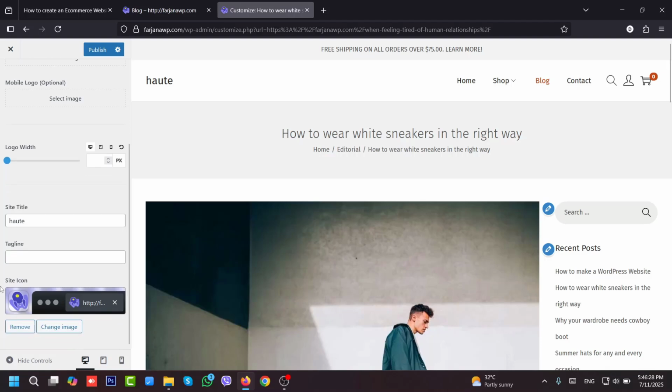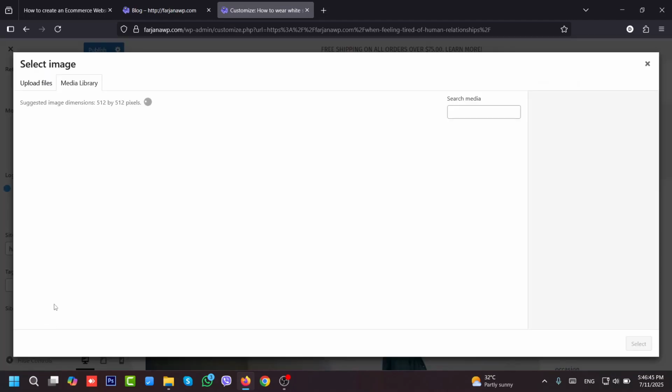And also here is the options, the site icon. So you see in the very top, here is a small icon. This is the favicon mainly. So here we can upload a very small square size image. So if I remove it and upload a new one,